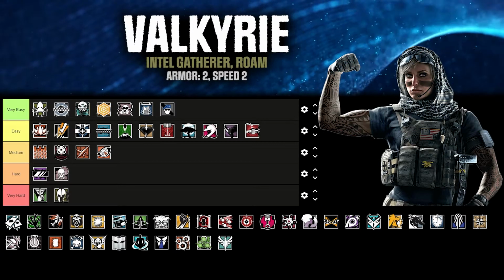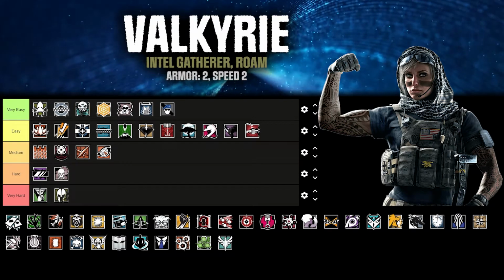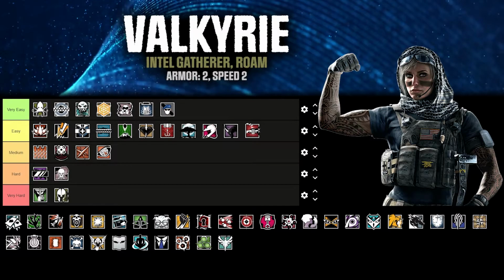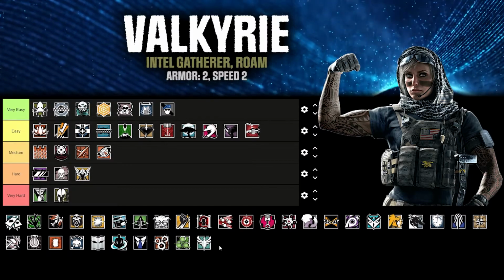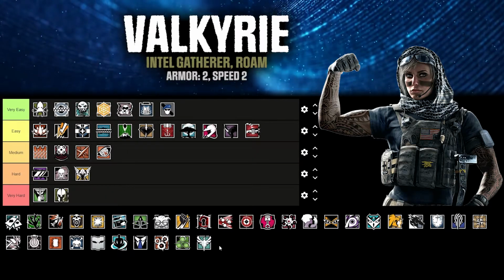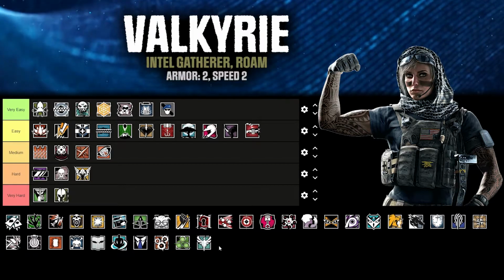Yep. Valkyrie. Now I've put her as very hard because it is a set and forget. So that's the easiest way. But if you're going to be helpful with what you're doing, you've got to put them in. You've got to know the map. You've got to know where to place them. I put her as hard. Maybe hard actually. I'm looking at Cav thinking I would much rather play Valk than